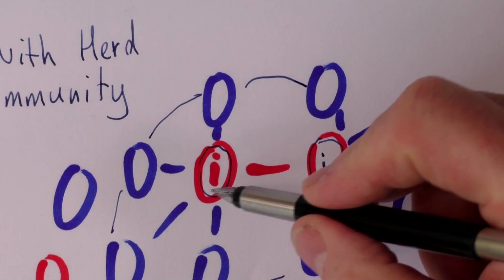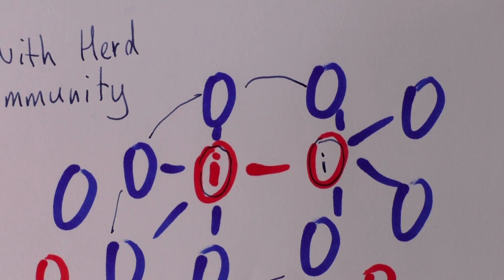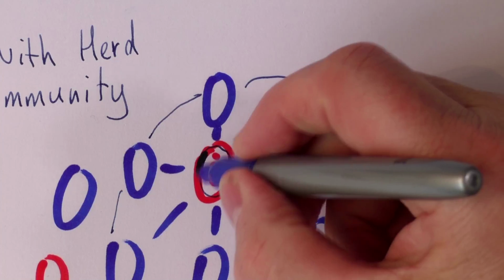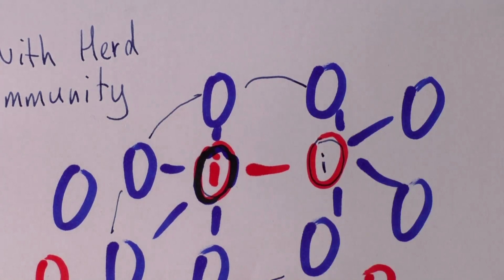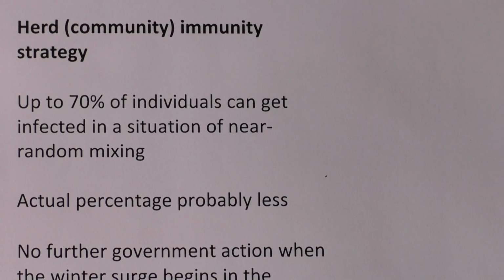And of course, after that person's been infected, that person will turn blue. They will become immune, so they can't get it again. I know about 4 people in the world have got it again, but we can basically ignore that. It's so rare. So that's what we mean by herd immunity. So how does this play through into strategies?